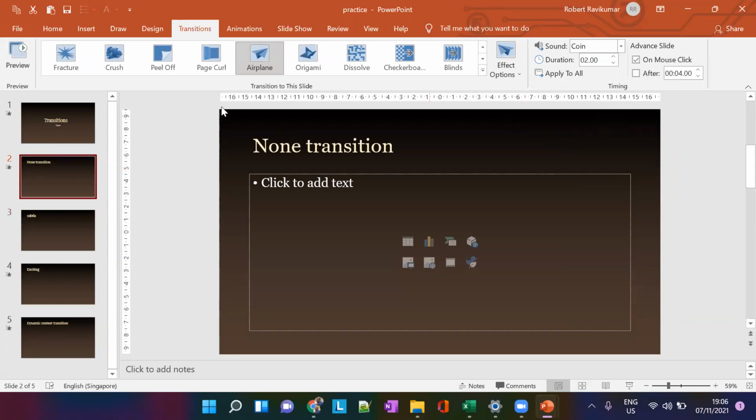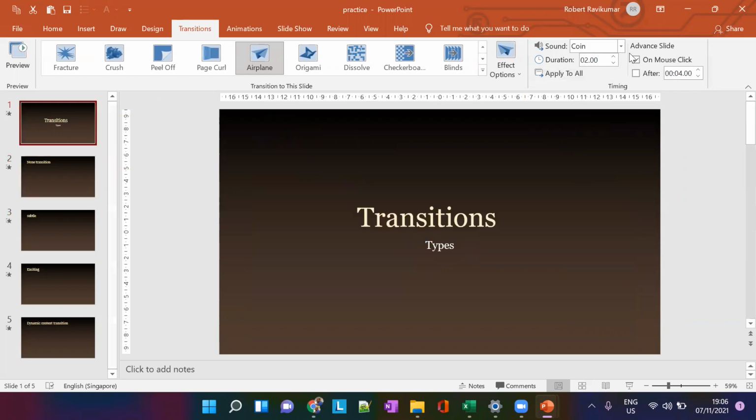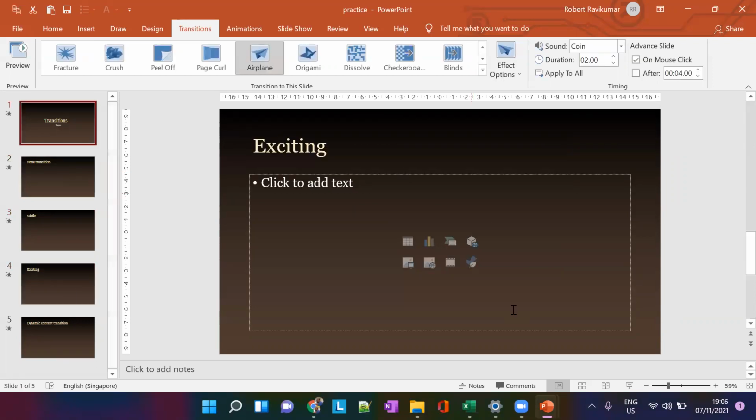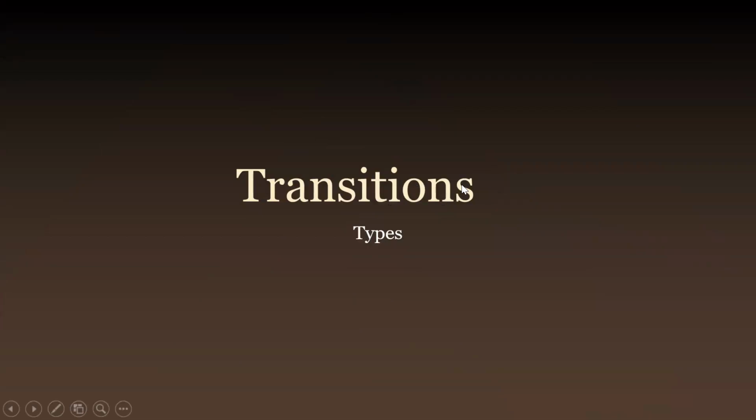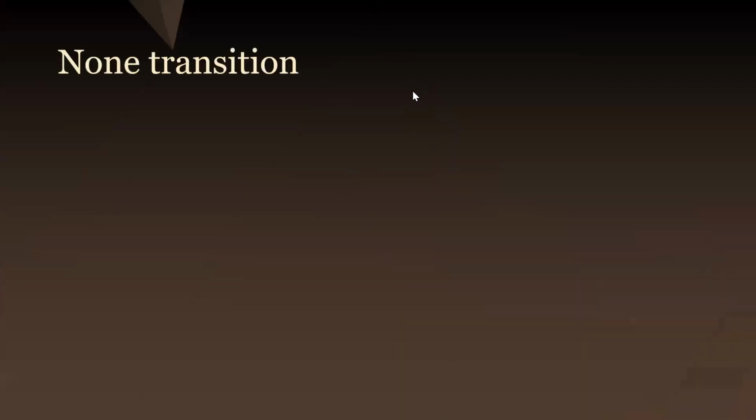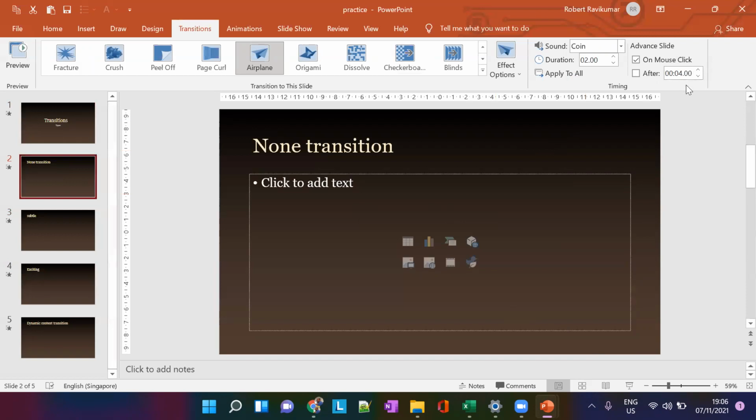Oh, I didn't save it. So apply to all. Okay, so now I've chosen mouse click. I've removed it from everything here. So now everything happens by mouse click only. It doesn't happen automatically. It doesn't transition from one slide to another. We have already crossed 4 seconds here. So I'm going to click the mouse now and you can see the slide being transitioned. Okay. So this is how you can switch automatic transition on or off, or advance slides using mouse click.